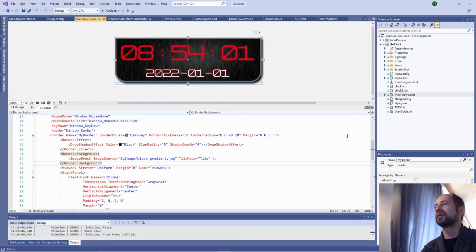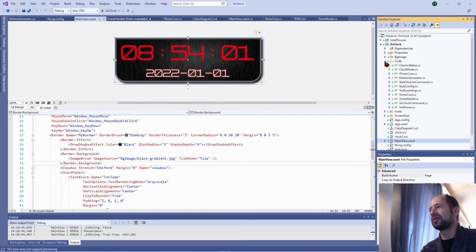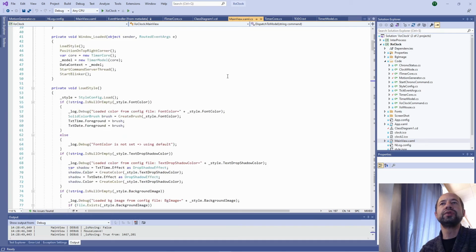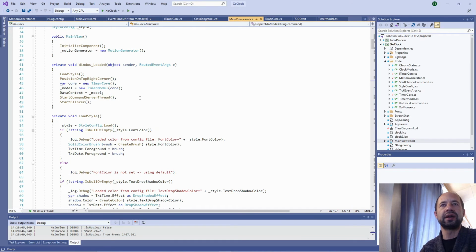So to put the styling in the hands of the user, so that the user can control it, I have implemented a style library which can be found at the startup of the program, and we see it there.